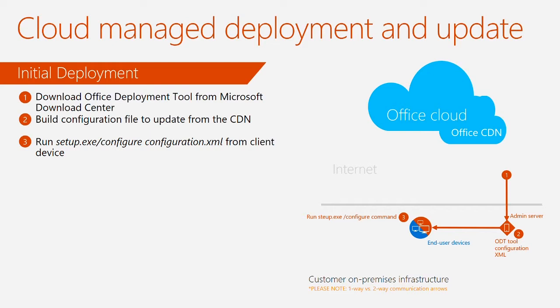From this point forward, your source location for any bits for Office is always pointed to the CDN. You can change this file later on to say, oh, I no longer want these users to go to the CDN. I actually have a new location. All you have to do is change your source. Where's the source location? And it will always go to that location.